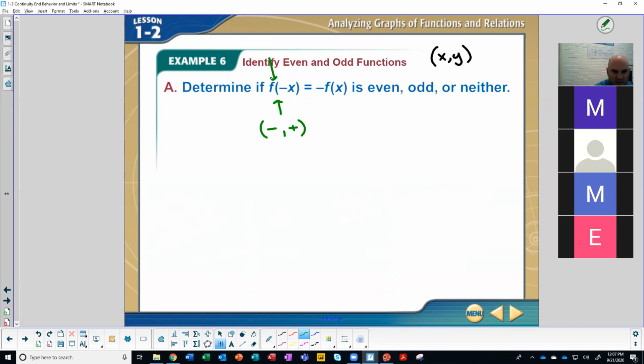The f is like your y. That's a negative x, and a positive y. Okay, now let's look at the second point. Over here, this time my x is positive and my y is